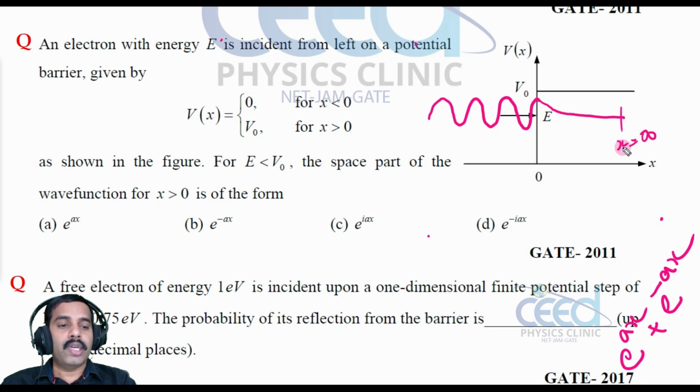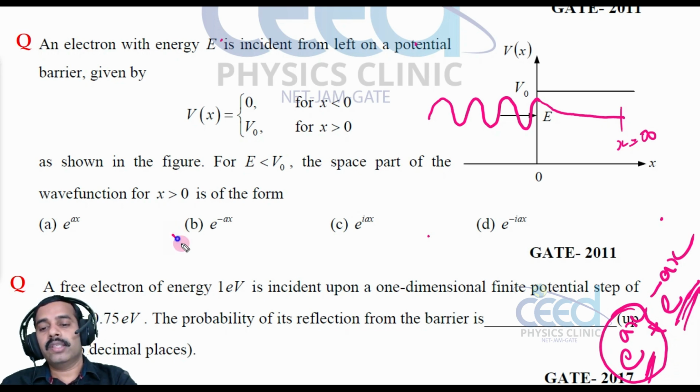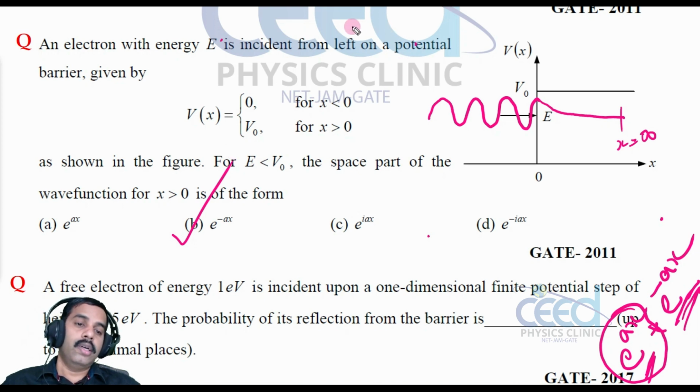So if I give a large value for x, the term should be 0, right? If I give x equal to infinity, this term will be 0, but this other term is not equal to 0. So that is not a right term for this situation. So e raised to minus ax is the correct solution of this differential equation. The remaining we can avoid because that will not fulfill the condition.